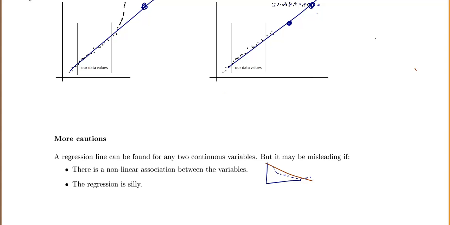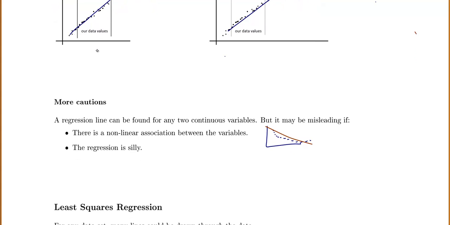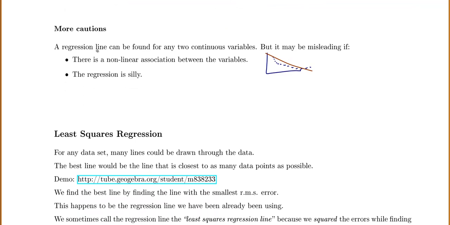There's also sometimes that your regression could end up being something silly that doesn't really make sense. Like trying to predict the area of a square based on the color of the square. Well, the color's not continuous, but the area of the square based on the number of sides of a square, something like that. That might not make sense.